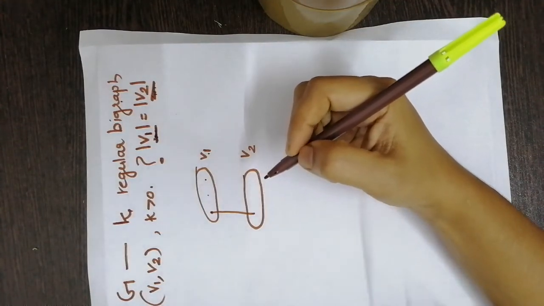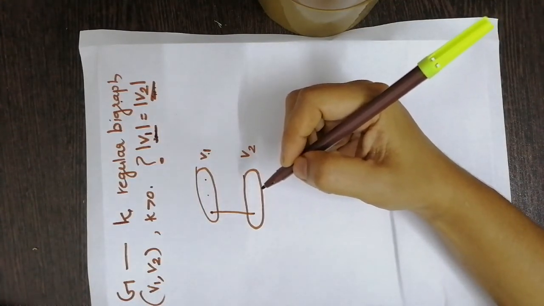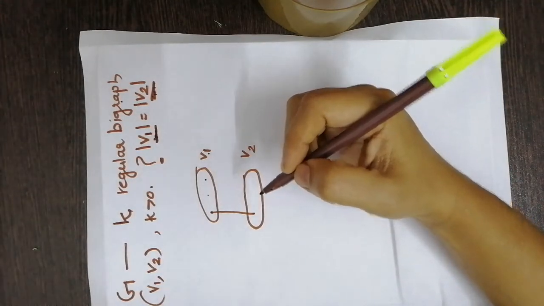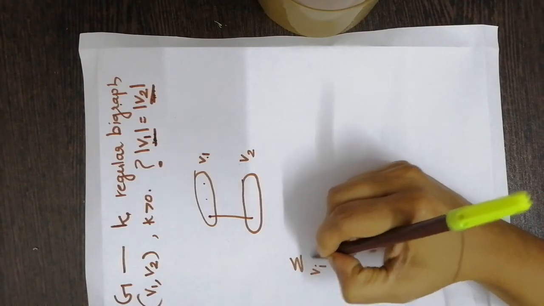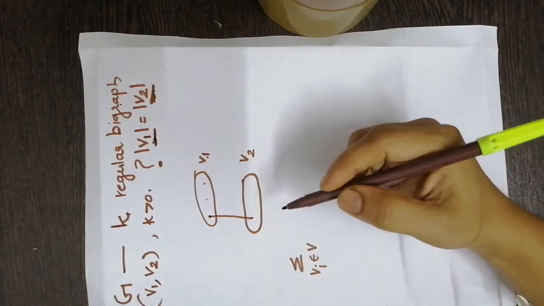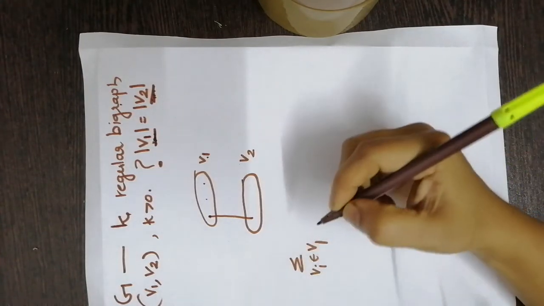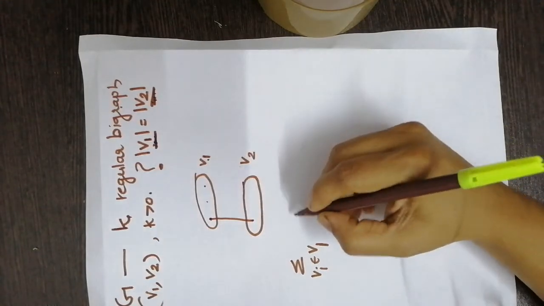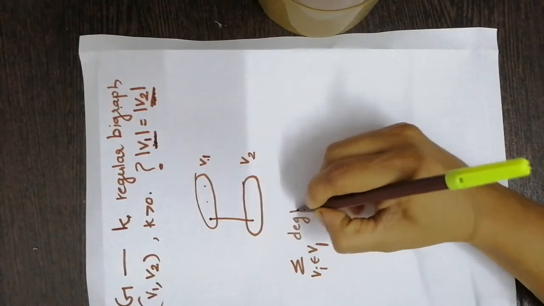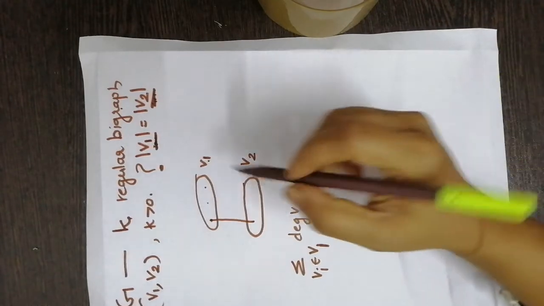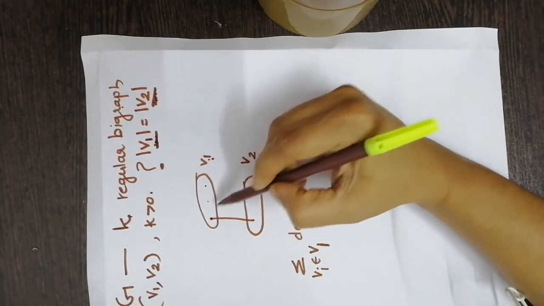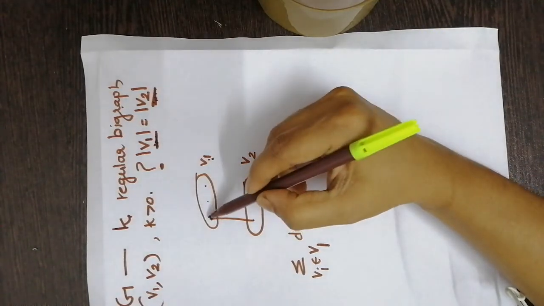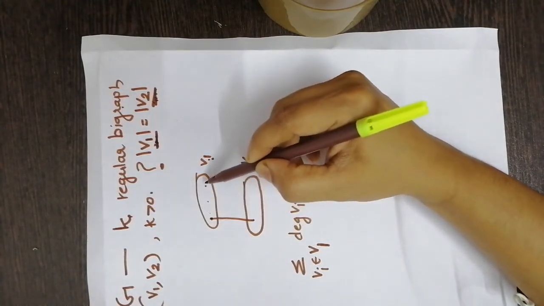So it follows that, sorry, not V1, summation of degree of vi. If we consider the set V1 and take the sum of degrees of each vertex in V1,